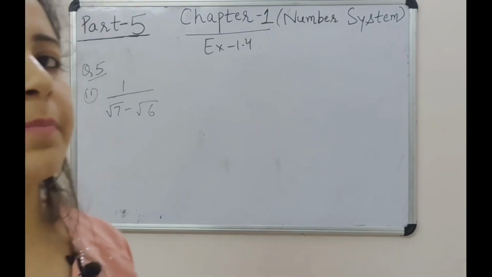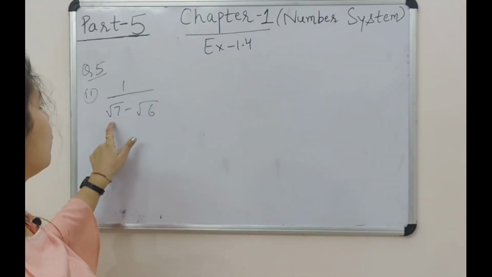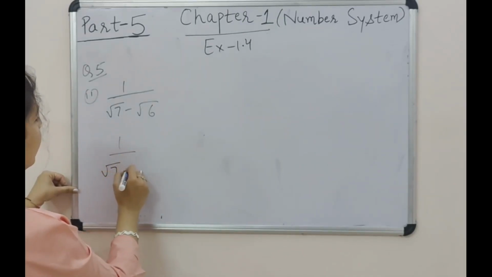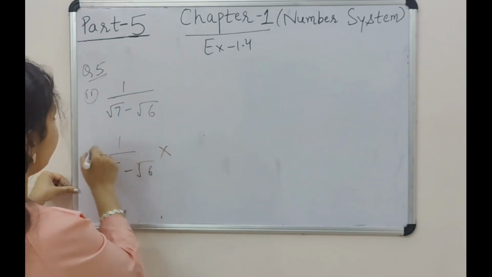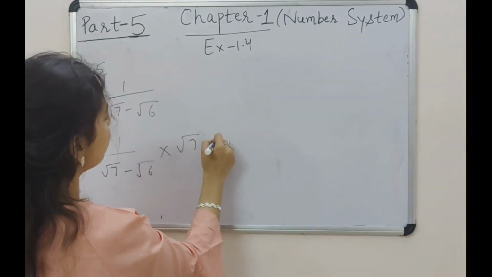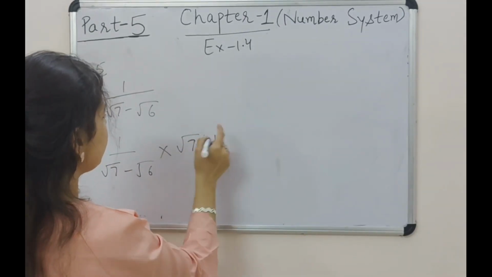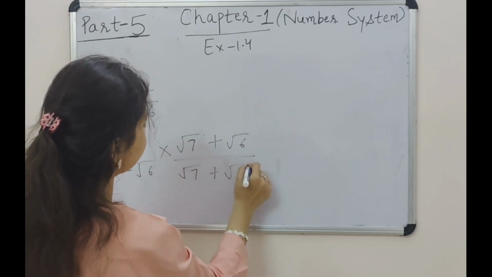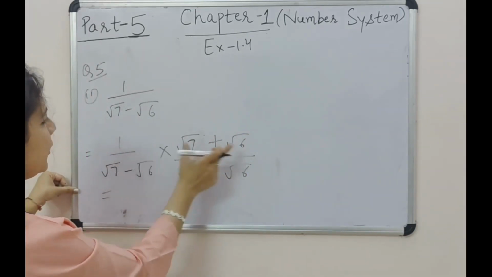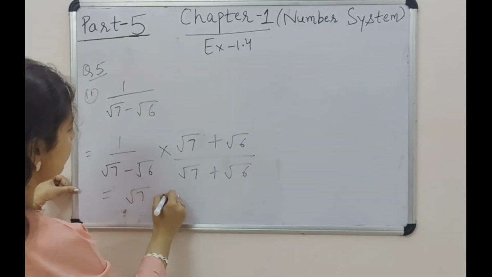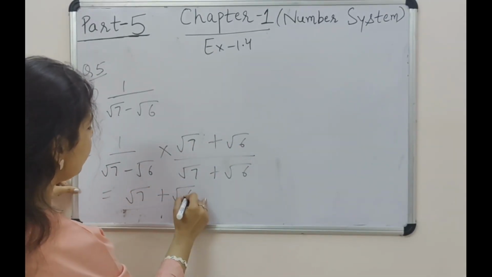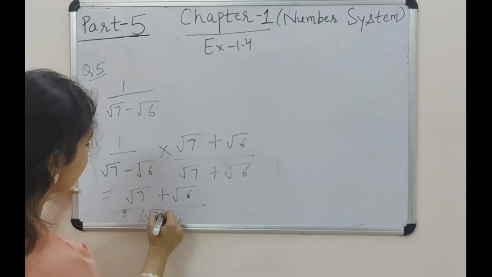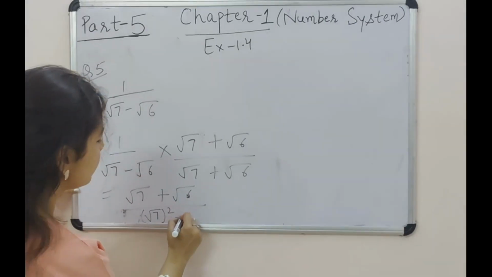What is given in the next part now? I have 1 upon root 7 minus root 6. Now we have a negative sign here, right? So while multiplying and dividing, I'll consider the opposite sign. Whenever you have negative, which sign will you consider? Plus sign, right? Let's simplify further. 1 into this value remains the same value, and here you will apply a plus b into a minus b, which becomes a square minus b square. Here your a is root 7 and b is root 6.